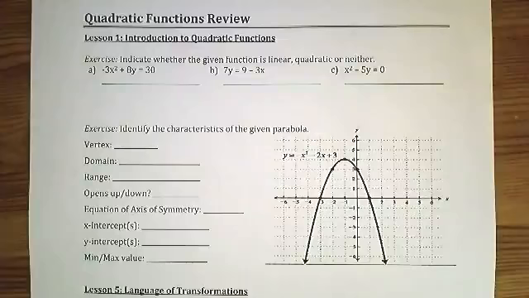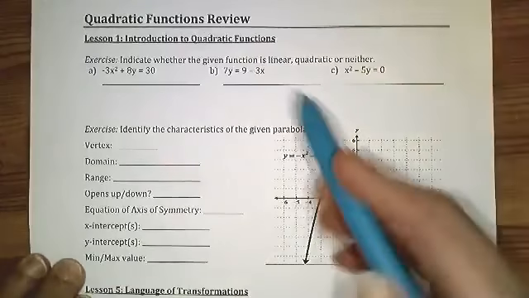So we'll be looking at the different parameters, A, H, and K, and recognizing how they change the position or shape of the parabola from y is equal to x squared, as well as we'll be writing our own transformations if we've been given an equation. So let's get started. Our first